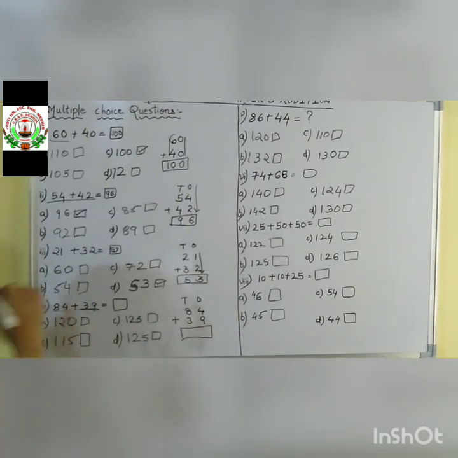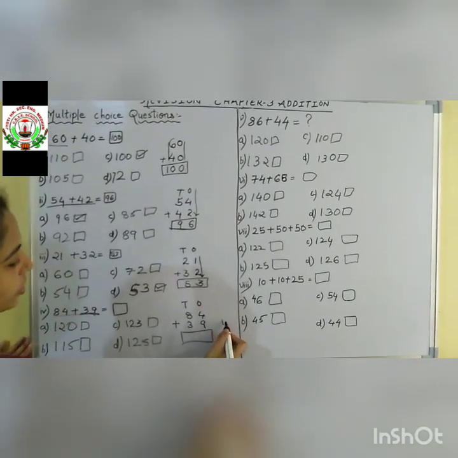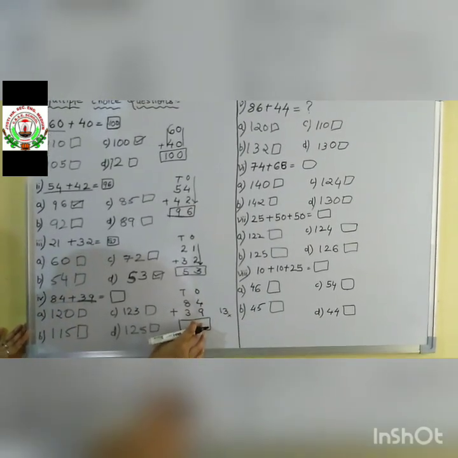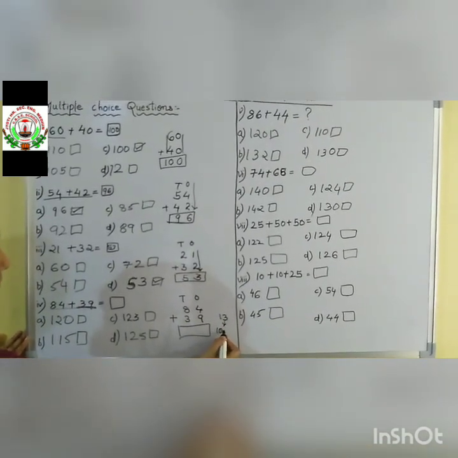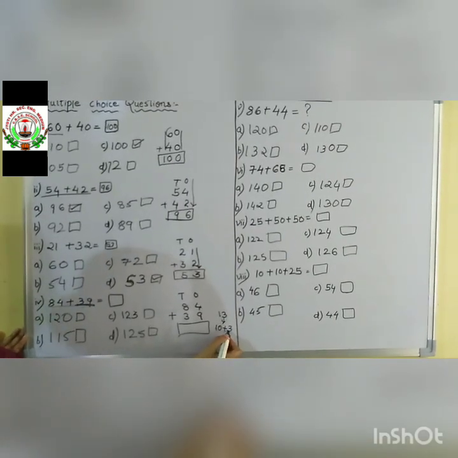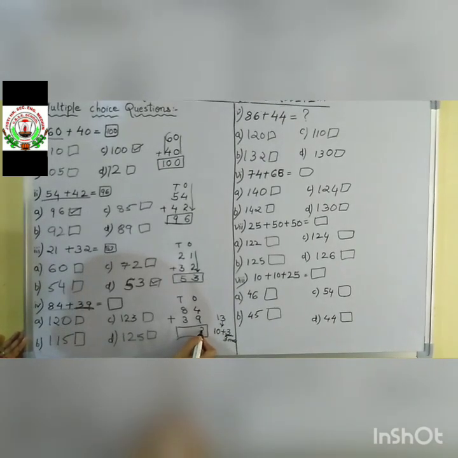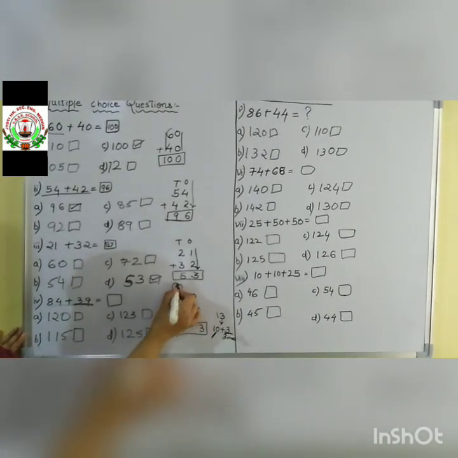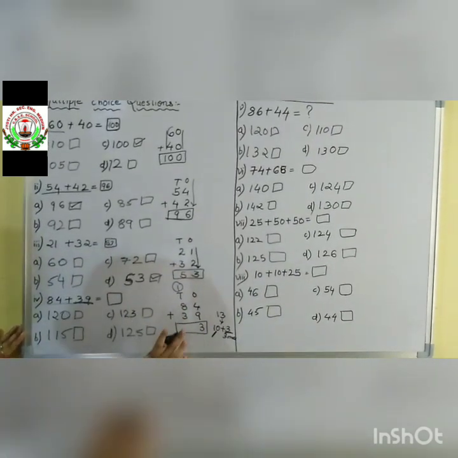4 plus 9. Tell me student, 4 plus 9? 13. So, you will write 13 directly here in the ones place? No, you will not write down directly 13 here in the ones place. What you will do? 13 is 10 plus 3, 1 tens and 3 ones. So, these 3 ones, it will go here in the ones place and this 1 tens will come here over as a carryover on the tens place like this. Remember now? Yes. Then this one is completed.